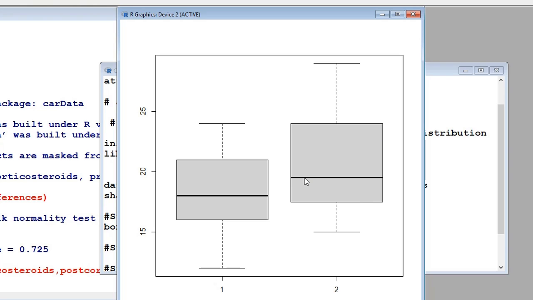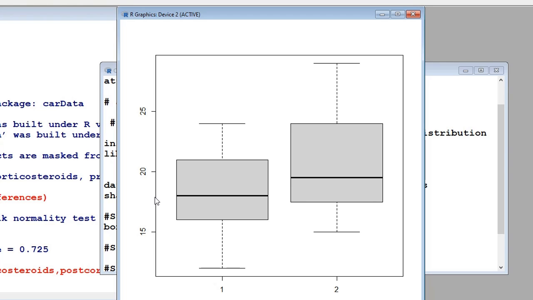And as you can see, the median body mass index within the post-corticosteroid group is actually above, or greater than, the median